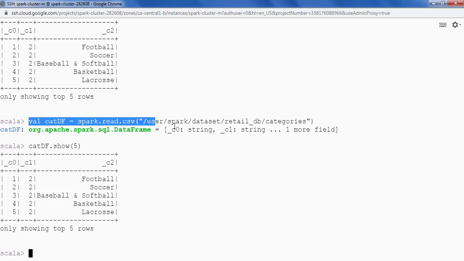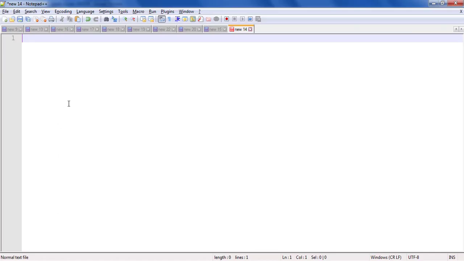I'll suggest you copy this command and paste it in a text editor while giving the certification. That will really help you. So I'll be copying this command and pasting it in a text editor, so that I can just change different options here, copy the command, paste it in the shell and execute. This will save a lot of time.